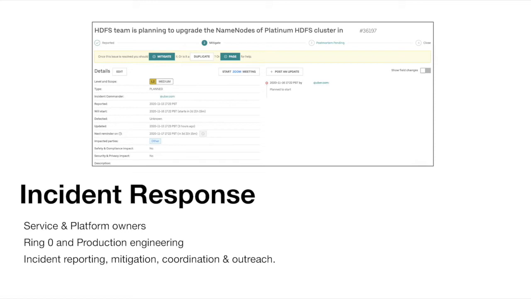Here, something to remember is that at Uber, every engineer goes on call, particularly for their service. That means every platform owner, because we have a lot of internal platforms like storage and networking, also goes on call for their own platform services. We have both service and platform owners. Other than that, we also have a centralized incident management and incident response team called Ring Zero. It is a volunteer